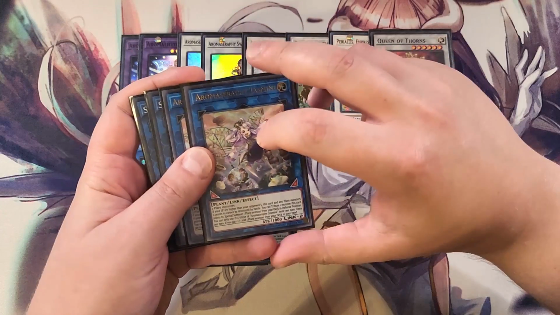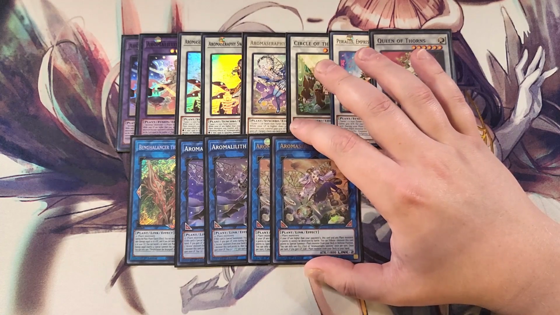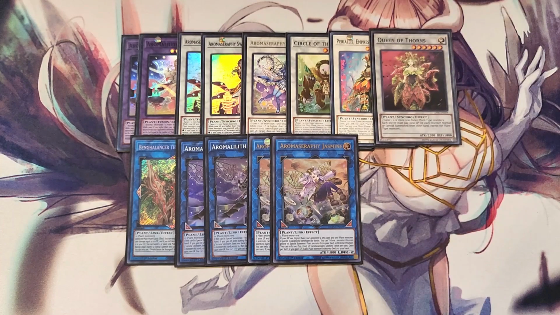We're then playing just two copies of Jasmine. I feel like two is really all you need in the deck. If you want to play a third copy of this card, you could probably drop the Queen of Thorns. I just really like this card and made room for it by dropping a single copy of Jasmine. You could play three copies of Jasmine because of how powerful this card is, but I feel like two is